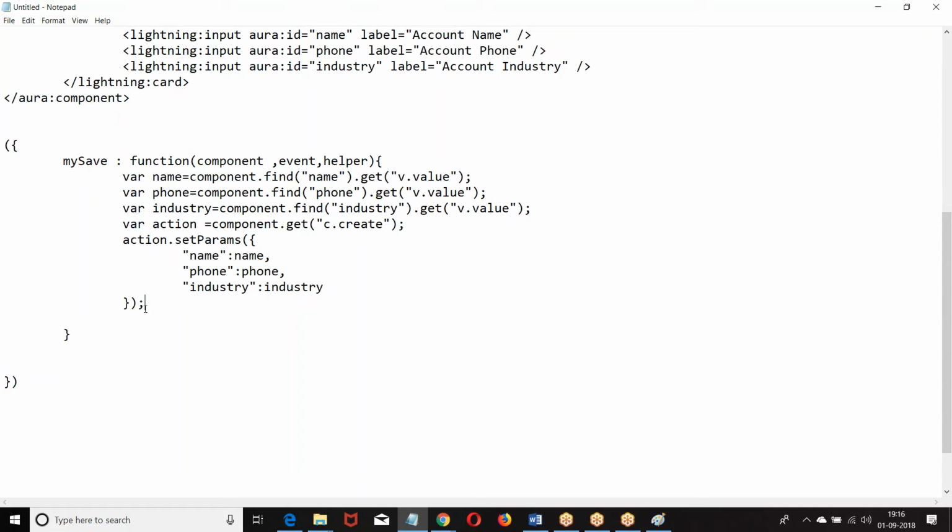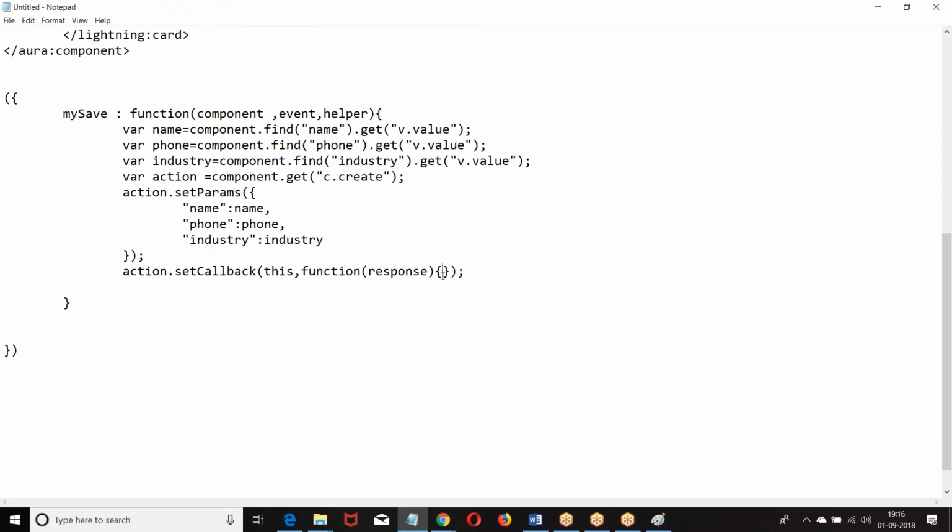How do you create a callback action? Action dot set callback. We are reading a component, reading the values, passing the parameter. Then what was the format? Action dot set the callback. What do we have? This function, response.